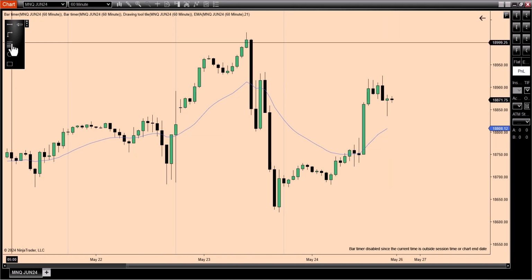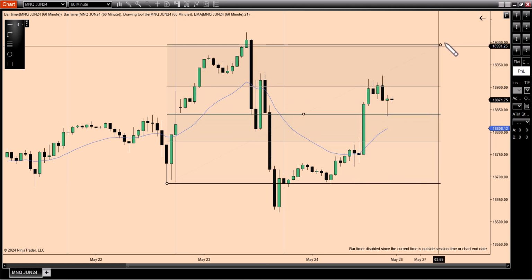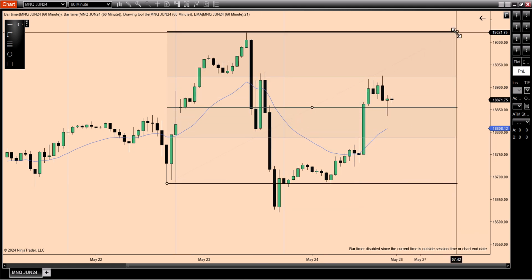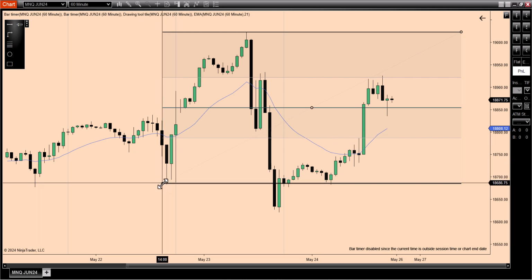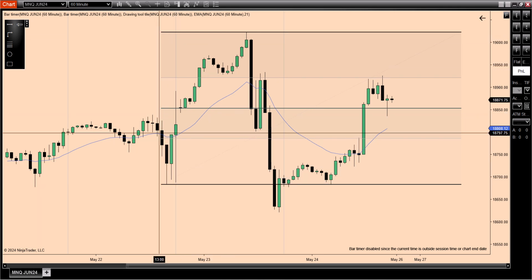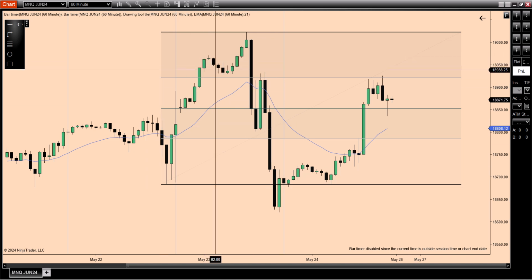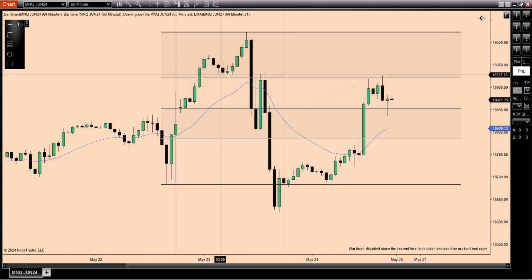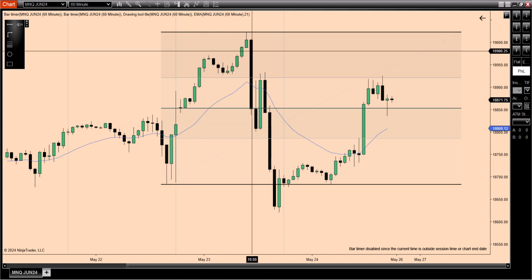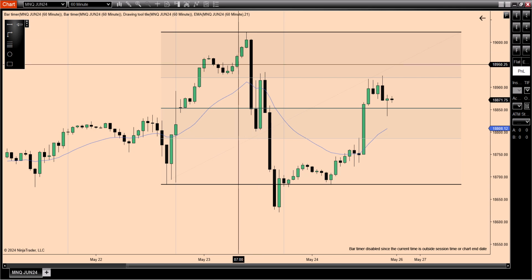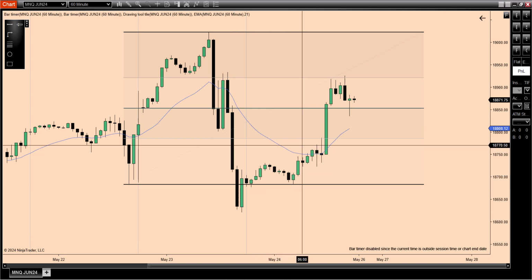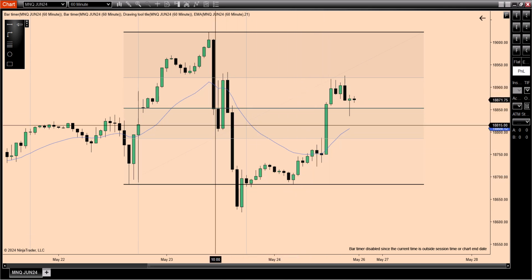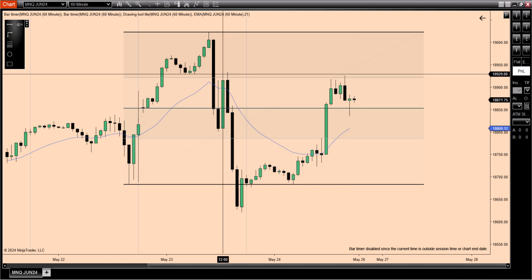First of all, we had this huge swing from this low all the way to this high. NinjaTrader is not the best platform to do charting, but that's all right. So we have this huge swing point, and maybe you could have argued that this is the swing point, but in a time frame like the 4 hour or 2 hour, this one is one swing point. Price traded all the way to the 50% of it, all the way to the 70%